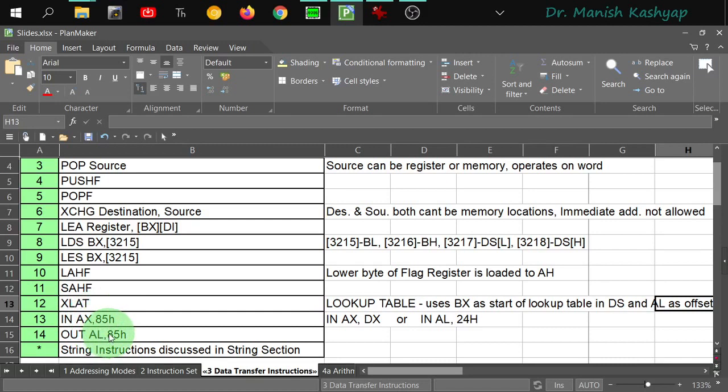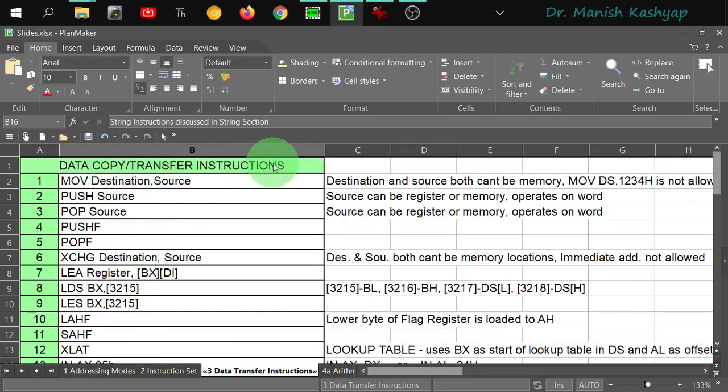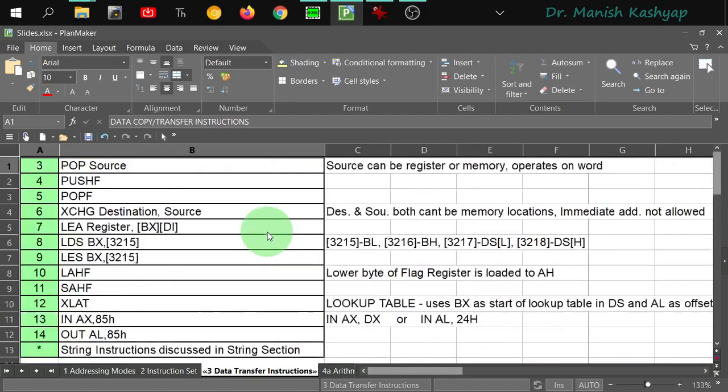Now, string instructions we will be discussing in a separate section. Although there are some instructions in the string instruction set which can copy and transfer data, and which are a part of this data copy and transfer instruction set, I intend to discuss them in a separate session where we will be only talking about strings, nothing else, right? So this completes